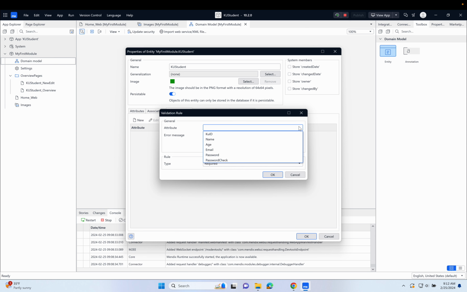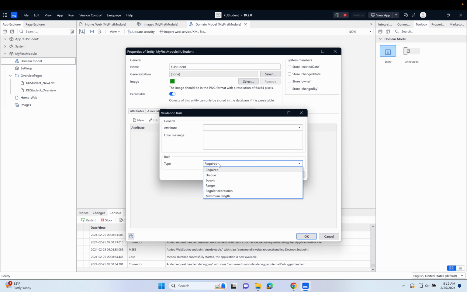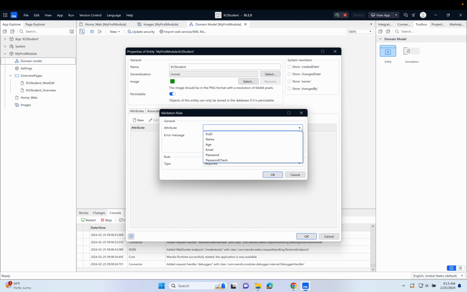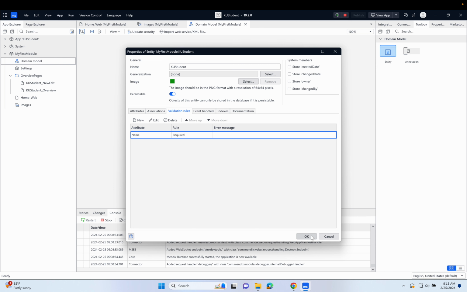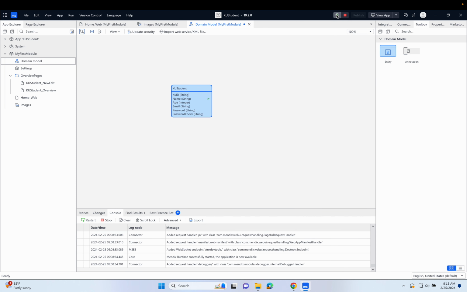And what we have is we can attach a validation rule to any of the attributes, any of the fields that we have, and we can say what kind of validation rule should be applied. Now when I pick one of these, the dialog box will change so that we can actually add in extra information as well. But let's do something very simple. For example, let's take the name field and let's say that that was a required field. Okay, so now if I click OK and I click OK and then I recreate the app,